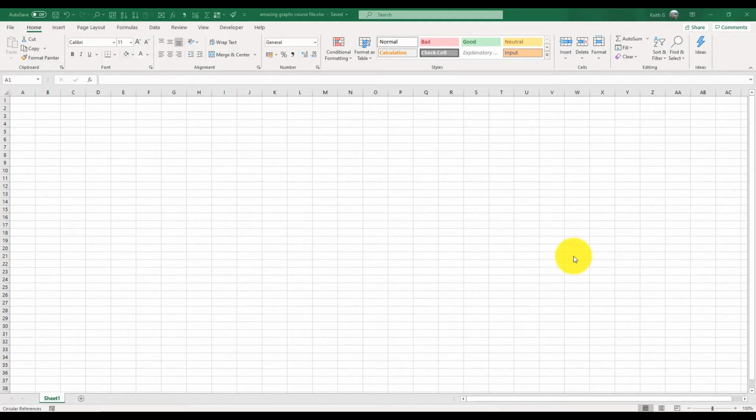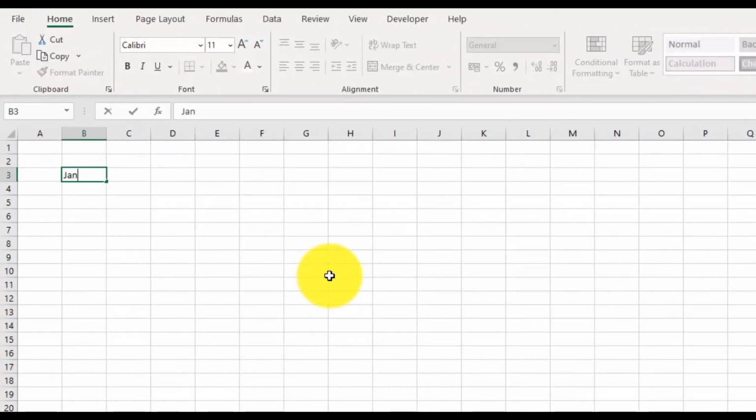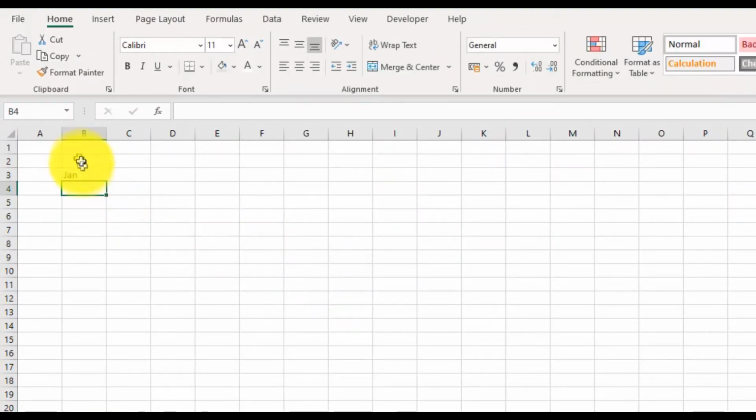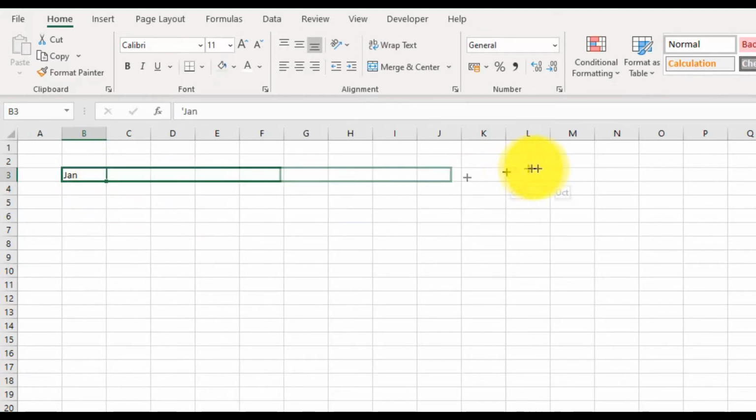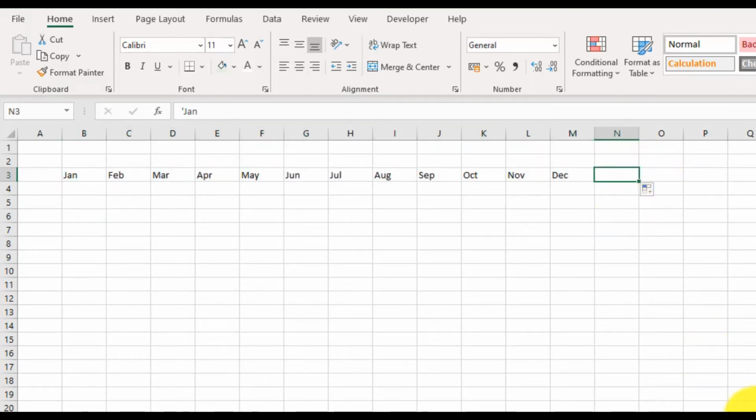Okay, so welcome to this course where I'm going to show you how to do some amazing graphs. So first of all, let's start by putting some data together. Supposing we have a date range here, so let's start with January, and then we can just drag that over. So we have 12 months. Oh, overshot. Okay,